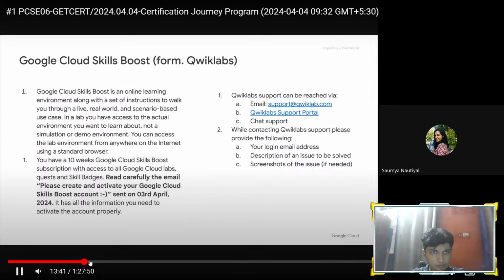Starting from the lab learning environment, along with a set of instructions to walk you through a live, real-world, scenario-based use case. In a lab, you'll have access to the actual environment you want to learn about, not a simulation or demo environment. You are eligible to receive 10 weeks of access on Google Cloud Skills Boost. All you need to do is read carefully the email that was sent by that